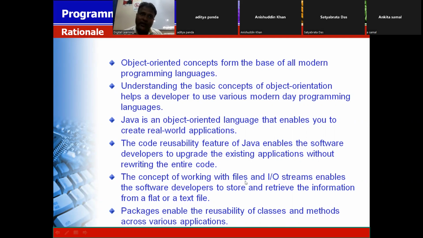Text file, like a normal text file you are using. Flat file means you can say it's just like a database. When you compare to C and C++ programs, by using C and C++ programs you are only able to store your information in a text file. But if you want to store this information in a relational database system,